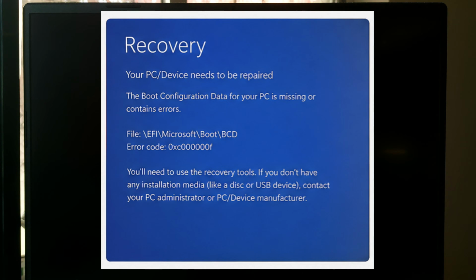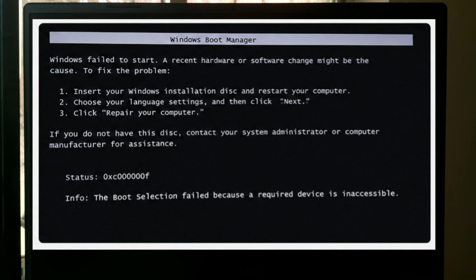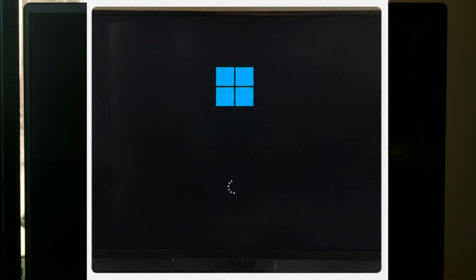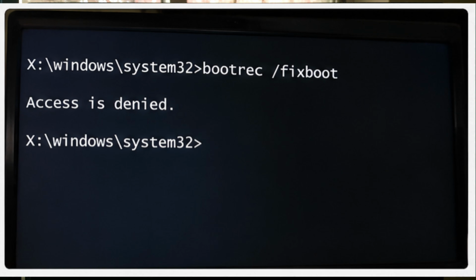Is your Windows 11 not booting? Are you seeing a boot manager error, BCD error, operating system not found, or a problem with the Windows startup process? If you are facing any of these issues, you are in the right place. In this video, I will show you how to fix Windows 11 boot manager and repair BCD step by step